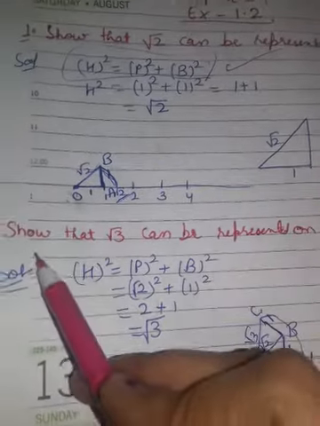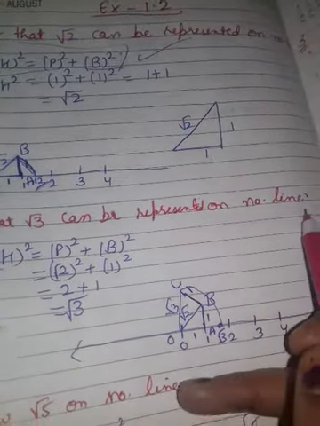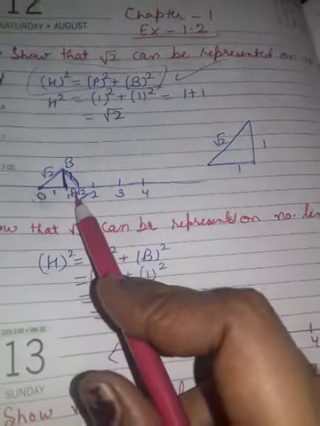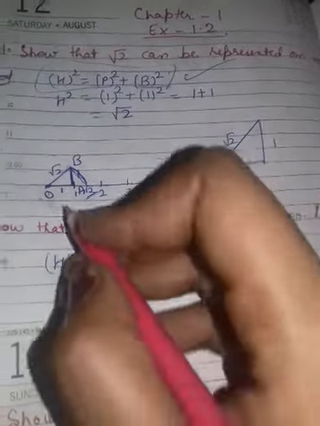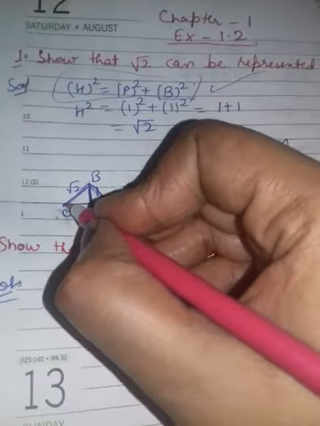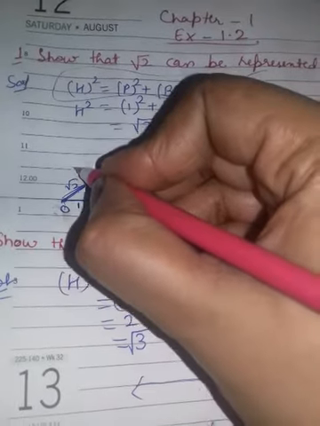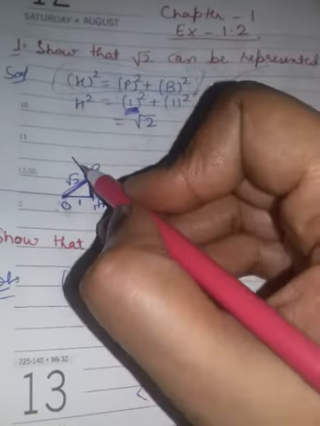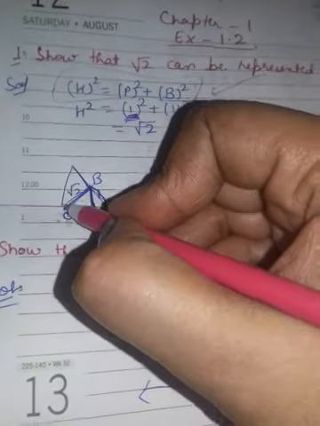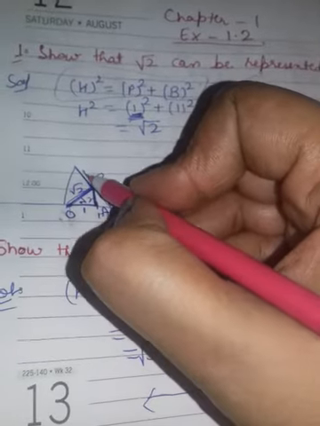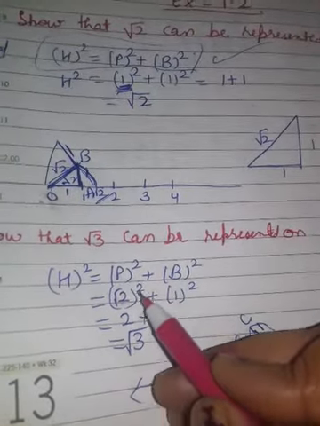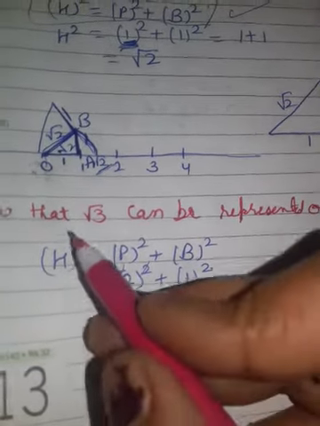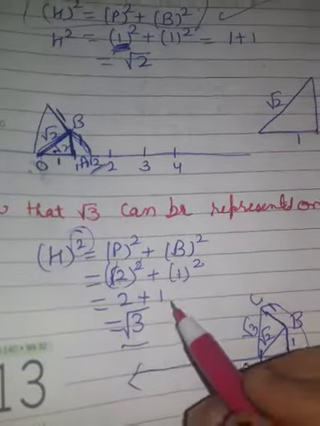Now your second question is, show that root 3 can be represented on a number line. Yes, it can be. I told you that you have a fixed perpendicular. You have now taken root 2. Root 2 you will take as the base and 1 you will take as the perpendicular. I told in this question that the perpendicular is fixed. So we will create it now. Root 2 and here is 1. Then root 2 squared, the square will cancel with the root, plus 1 squared: 2 plus 1 becomes root 3, because the square cancels with the square root.